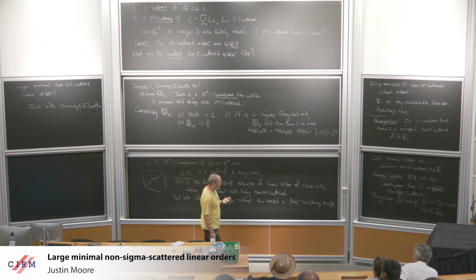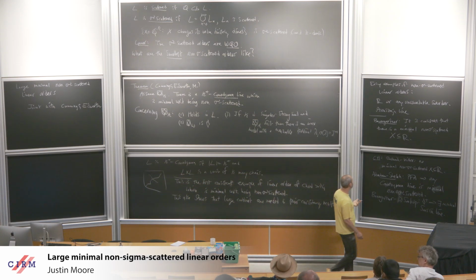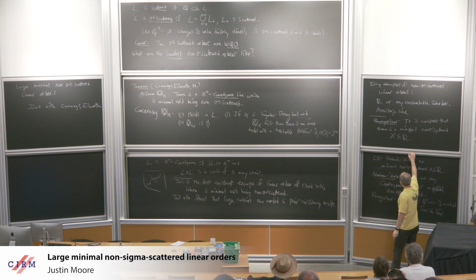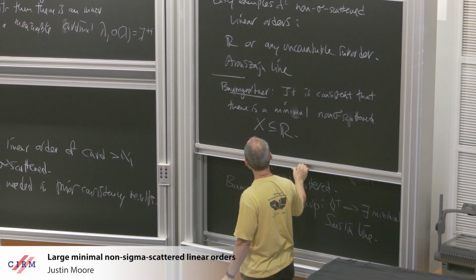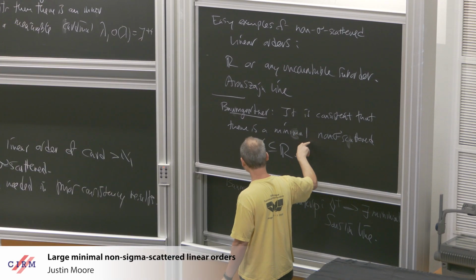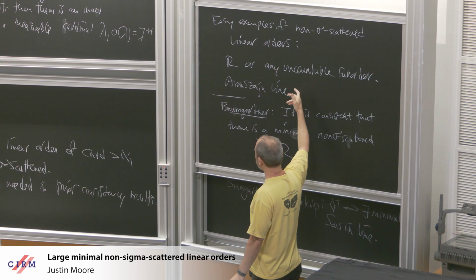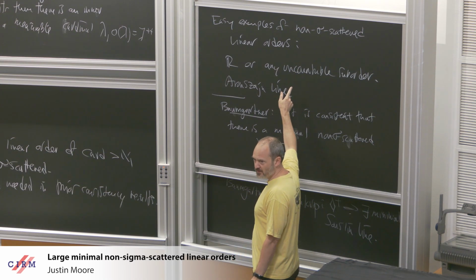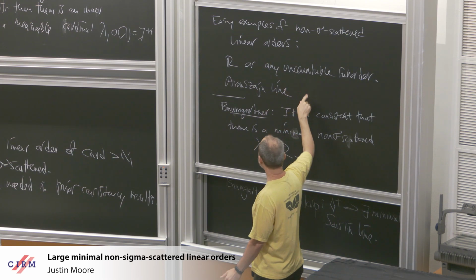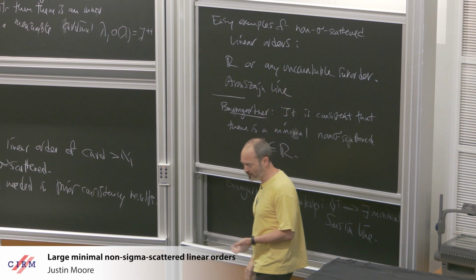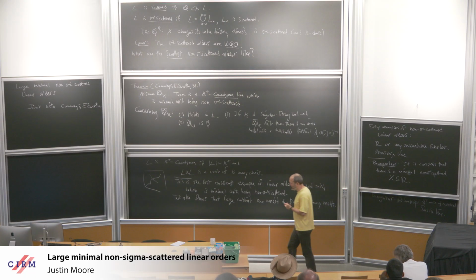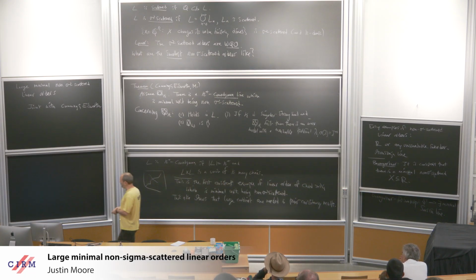And then, okay, you might also ask, very reasonably, what else? Is there anything that is non-sigma scattered for different reasons than these two examples? Of course, if you contain one of these, you're also non-sigma scattered, but are there any others? And Baumgartner